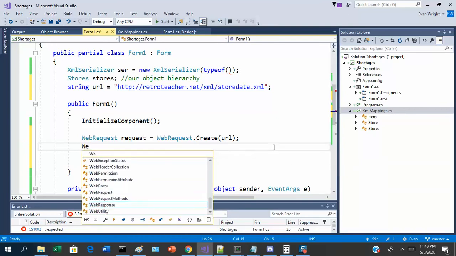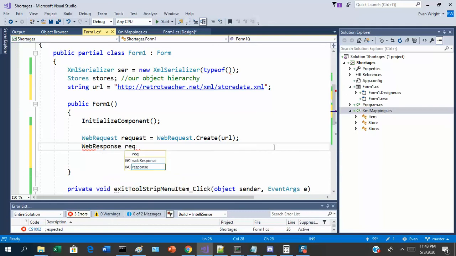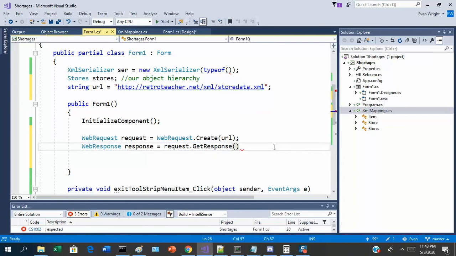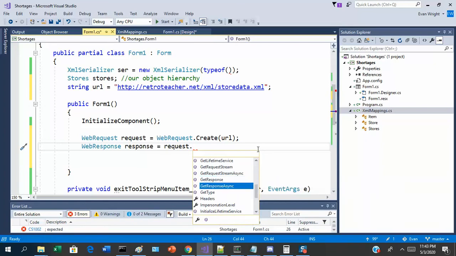All right, web response equals. So what does it equal? Well, we have to tell the request to go get the response. Request.GetResponse. There you go. So make a request to go to a URL, and then tell that request, hey, go get the response. Go poke that server with a stick and get a response. Don't come back till you have a response. Which brings up an interesting point. If you hit the dot operator, you will see that there's a GetResponseAsync,